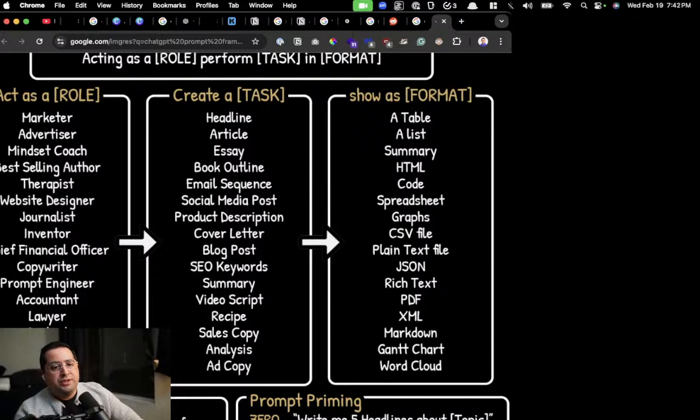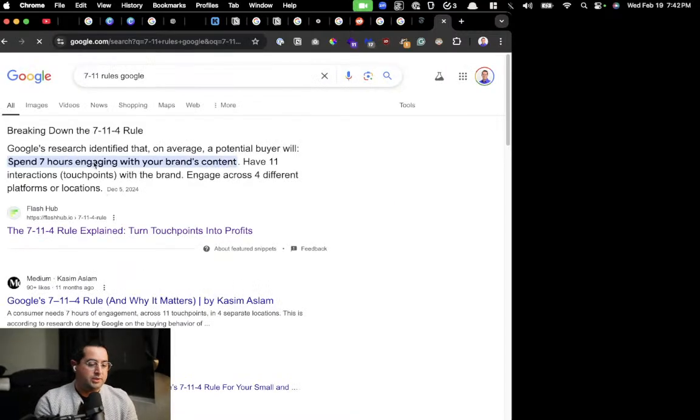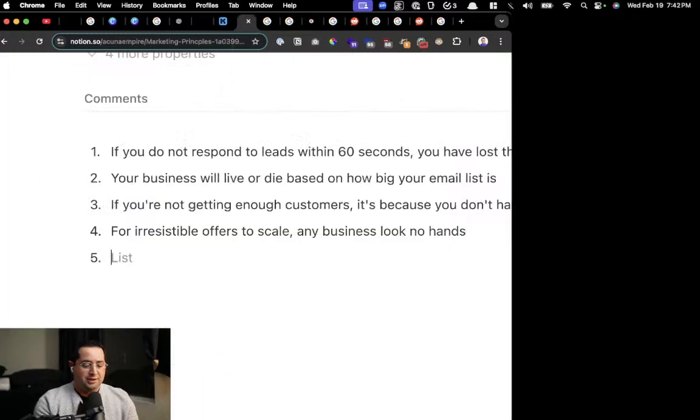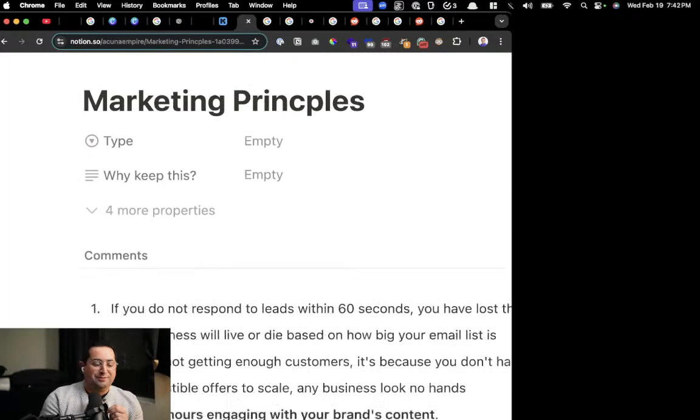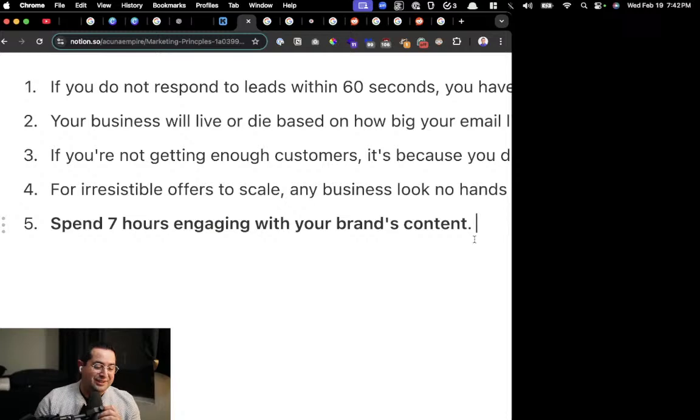Life says, how would you use a coupon as a lead magnet? Excellent question, Life, and I'm so glad you put your name in there too. When you do a lead magnet, lead magnets are different based on whether you're selling a service versus a product. Quickly, for a service, consumers need to, this is a marketing rule. Remember our marketing rules? 7-Eleven, Google rule. This is important. We're going to copy this and put it in our Notion page, this one. This is going to be our marketing principles. Marketing principle number 5.